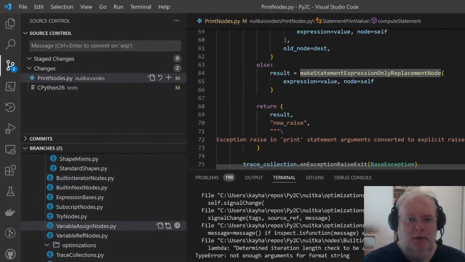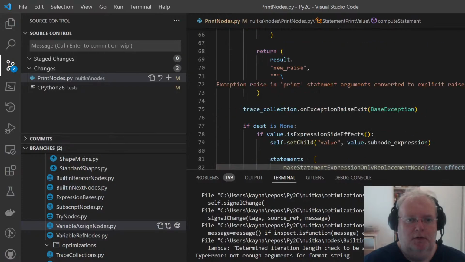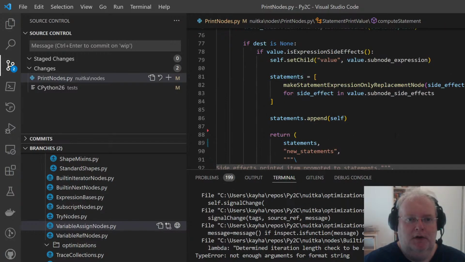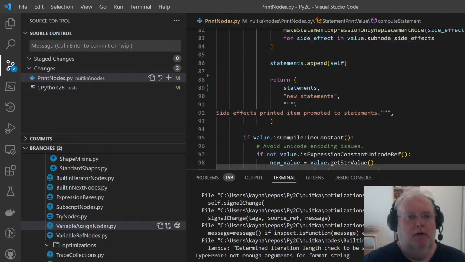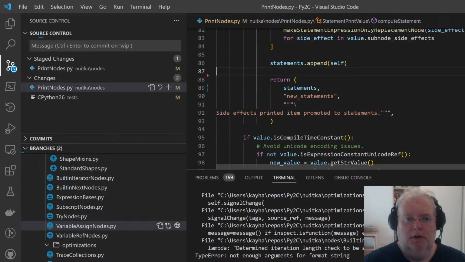And in the end, we said value will raise an exception. Oh, the destination is none. And if it is side effects, I'm promoting these to the outside. Yeah, doesn't matter. This is correct, actually.